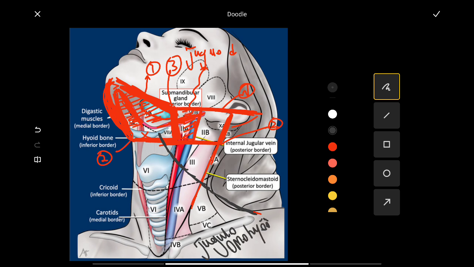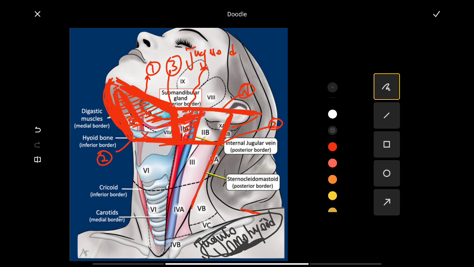Now, these jugulo-omohyoid nodes drain the tongue. So if someone has tongue cancer, these nodes can become bigger. So omo for tongue, remember, omo, you do omo, right? This is like talking with your tongue. So jugulo-omohyoid nodes for tongue, okay? So anyway,